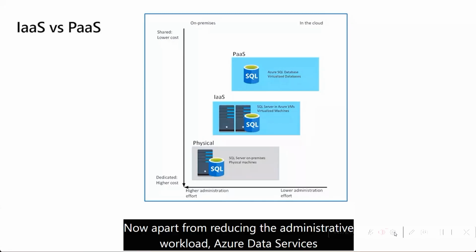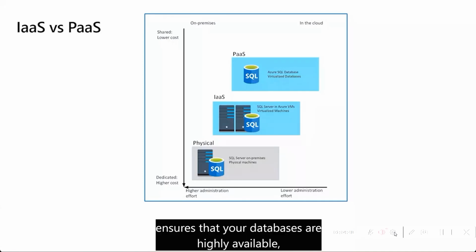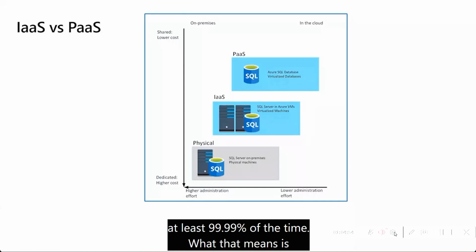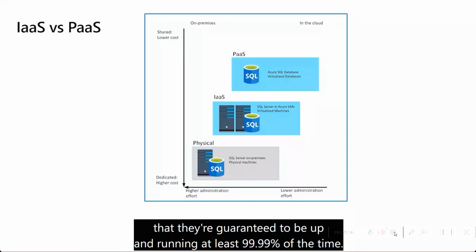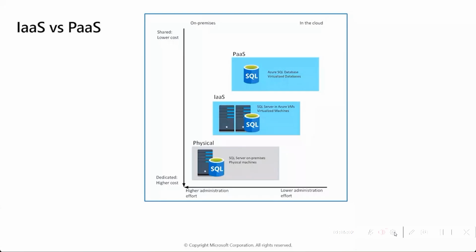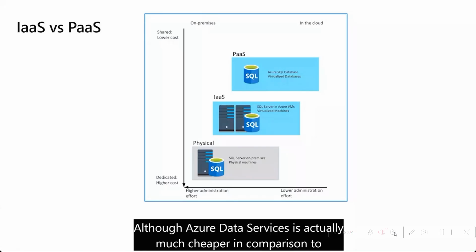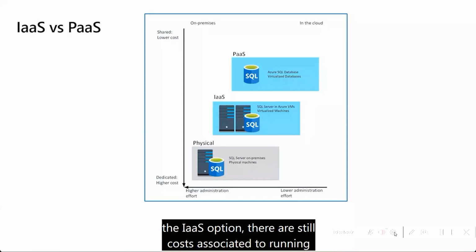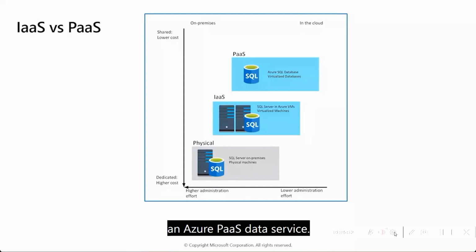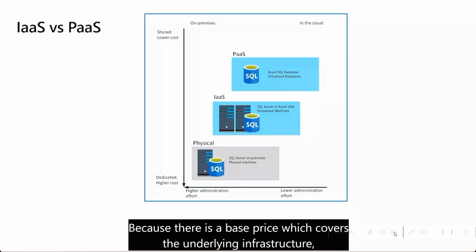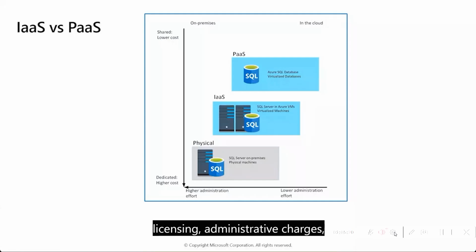Now, apart from reducing the administrative workload, Azure Data Services ensures that your databases are highly available at least 99.99% of the time. What that means is that they're guaranteed to be up and running at least 99.99% of the time. Although Azure Data Services is actually much cheaper in comparison to the IaaS option, there are still costs associated to running an Azure PaaS data service, because there is a base price which covers the underlying infrastructure, licensing, administrative charges,